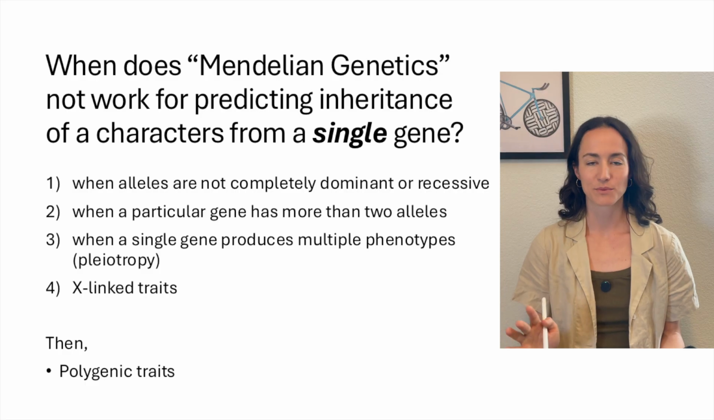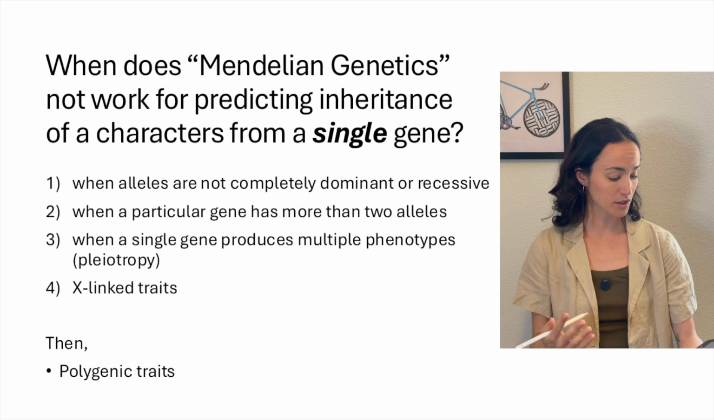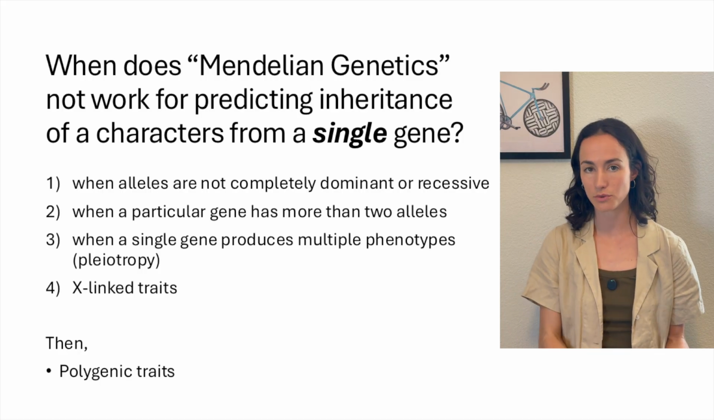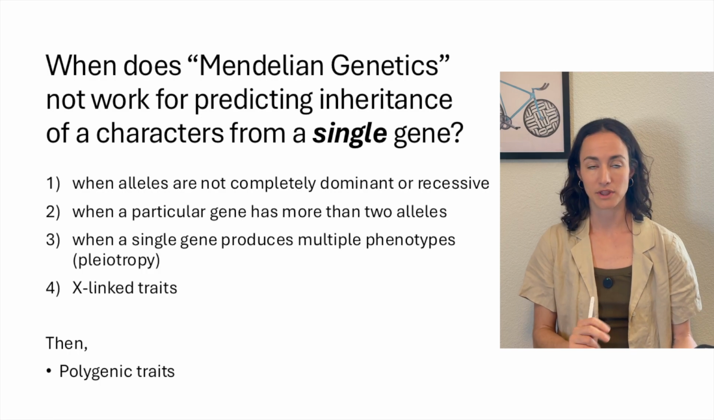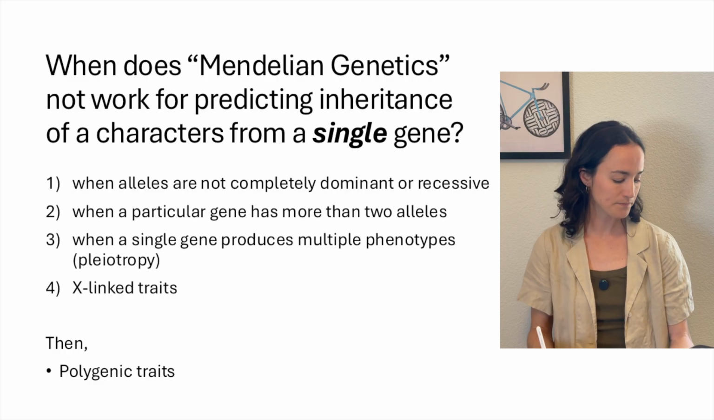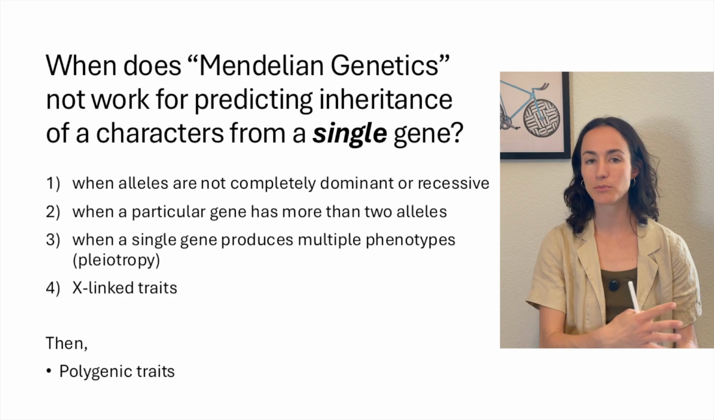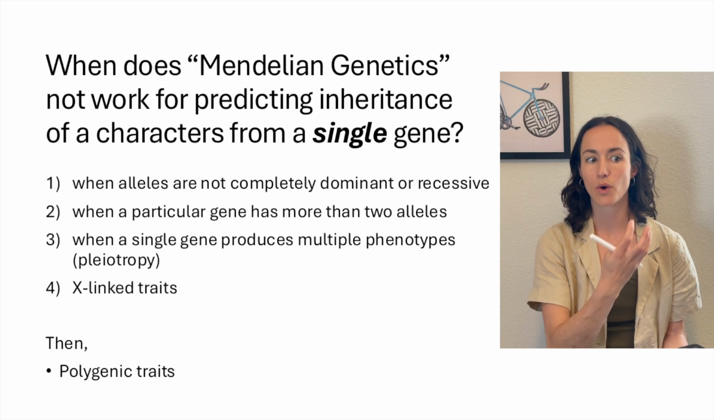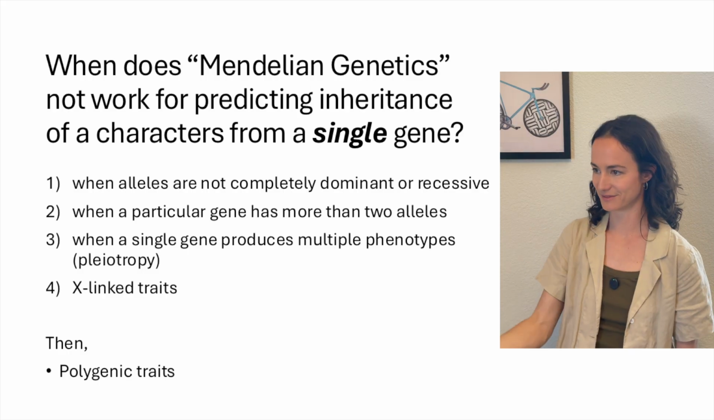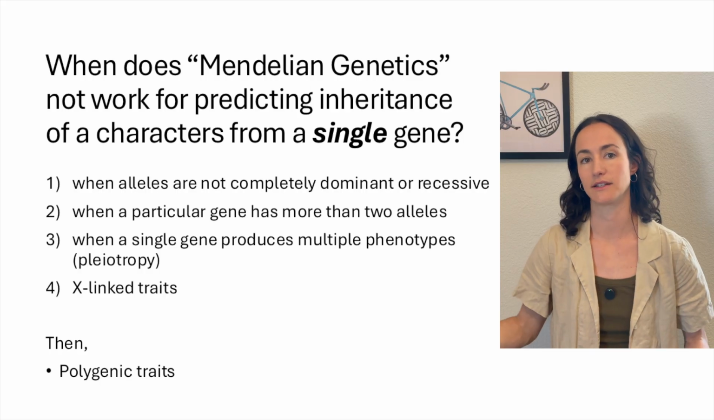So there's a couple scenarios where things don't follow those Mendelian genetics. First, we have when alleles are not completely dominant or recessive. Second, when a particular gene has more than 2 alleles. So with the pea plant, we had purple allele and white allele, but what if there were many different variations? We have instances when a single gene can actually produce multiple phenotypes. So instead of just one gene being linked to one trait, like the gene for flower color and a phenotype of different flower colors, what if we have one gene that can influence many different things, say, in the human